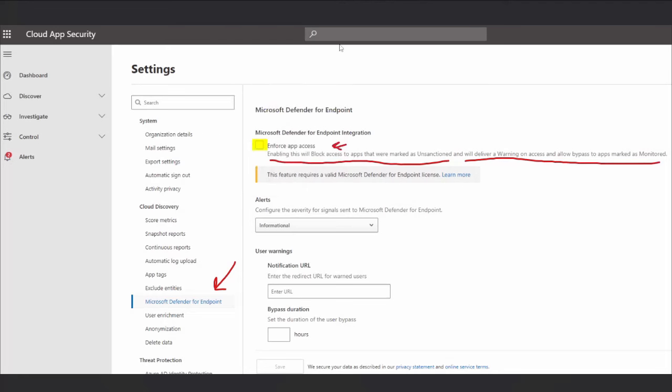So here are some explanations to what's going on. So we have unsanctioned, okay, and we have monitored. What does that mean? Unsanctioned and monitored are classifications, or tags, you assign to applications in the application tags section. So in application tags, when you say an application is unsanctioned, it means that the application should not be allowed. And therefore, when you enable enforce app access in Microsoft Defender for Cloud or Endpoint, it will block that application. When you assign an app as monitored in the application tags and then enforce app access,